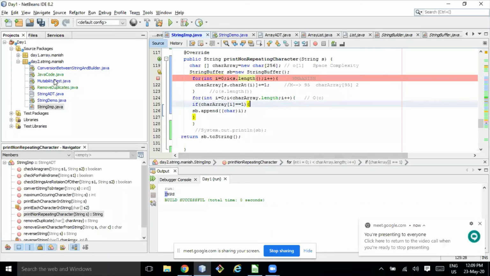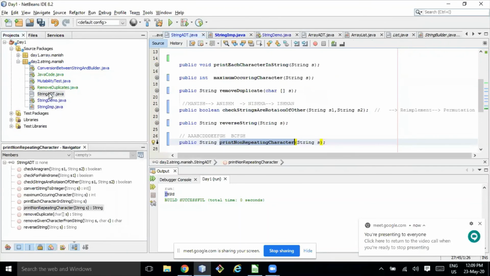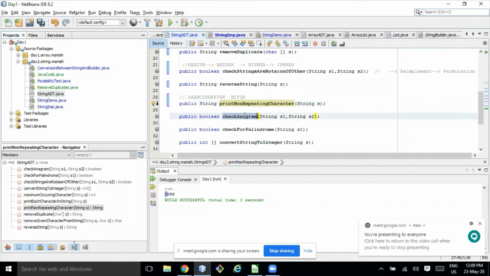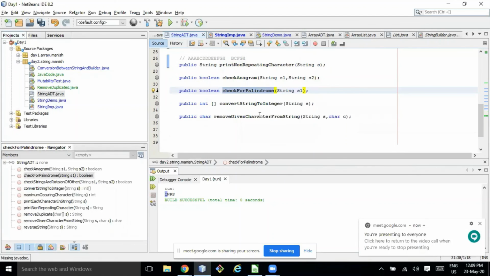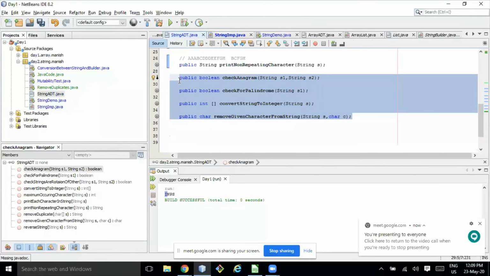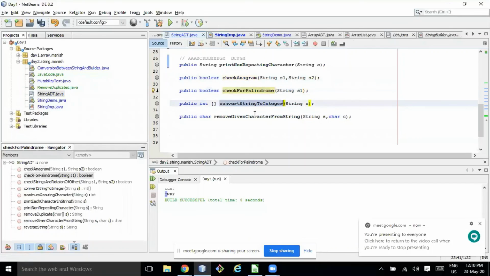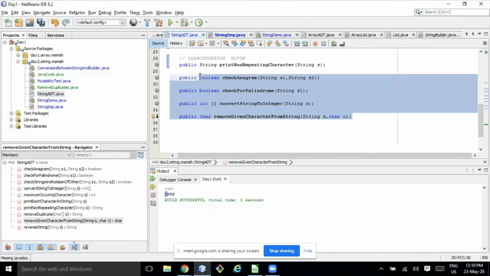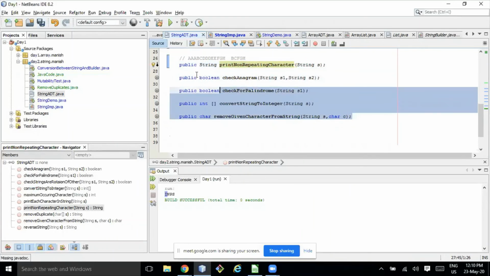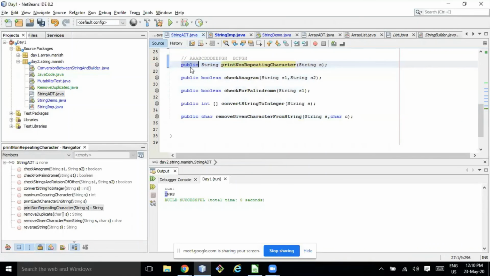Thank you. So that's all for today. If you guys do it quickly, then I think we'll be able to solve more and more problems. Still I think 4 problems are left. So in the next class we will be able to complete the string problems. After that, my idea is to introduce hash map. And then we will go on to solving LeetCode problems. So that would be better.